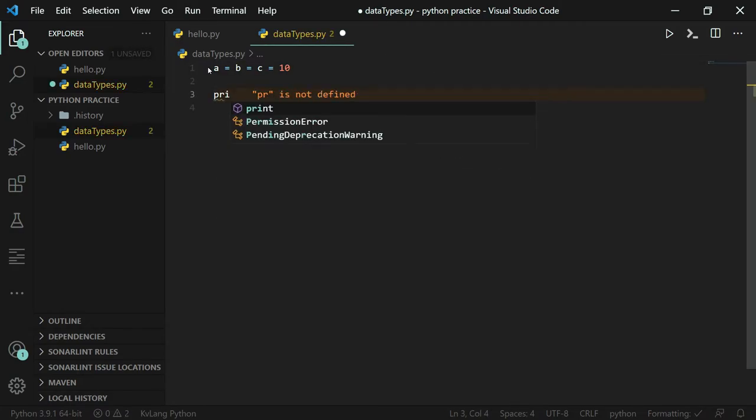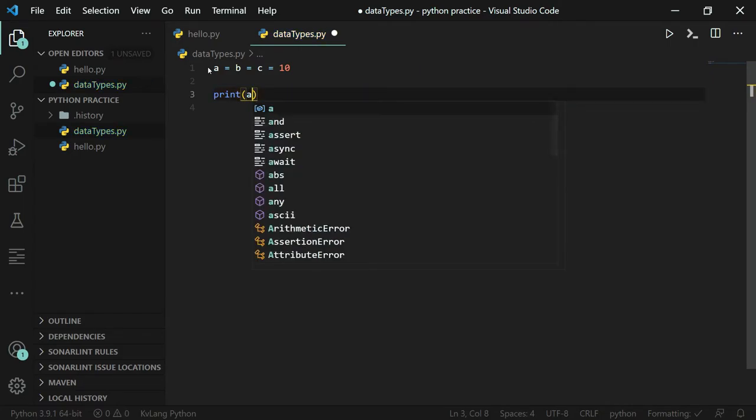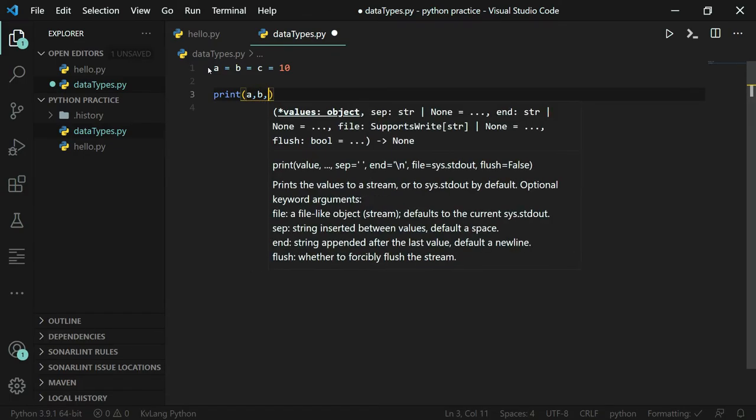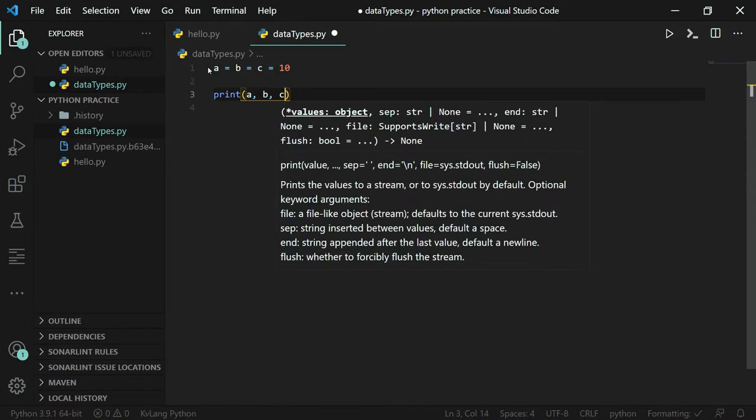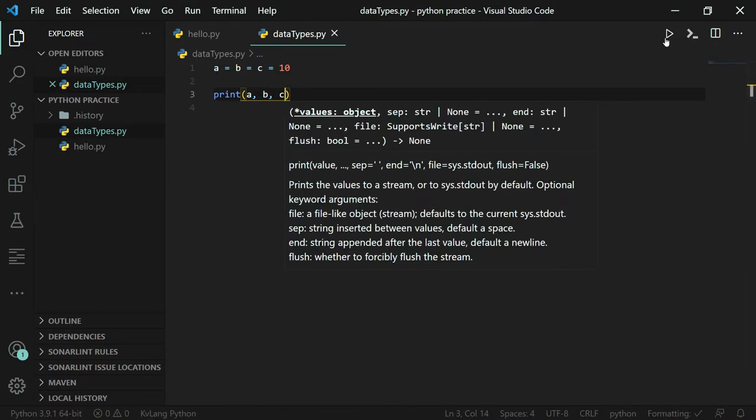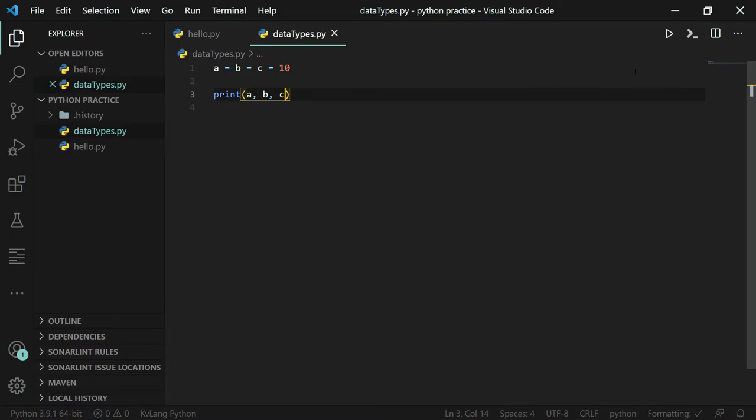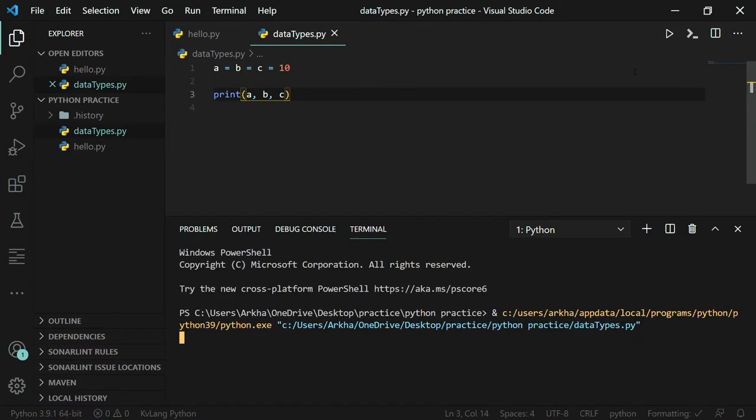So print a comma b comma c. Let's print it this way. Run Python file in terminal. So you can see 10, 10, 10. That means 10 is assigned to all three variables, all three memory locations, that is a, b, and c.